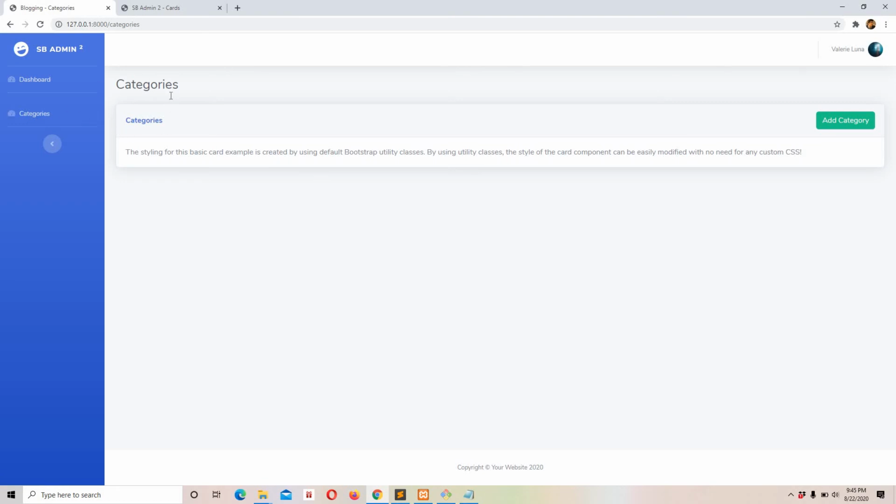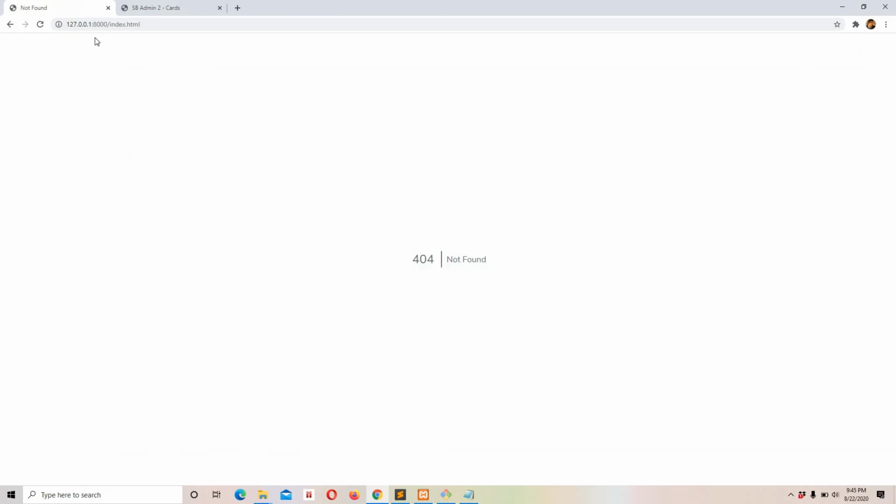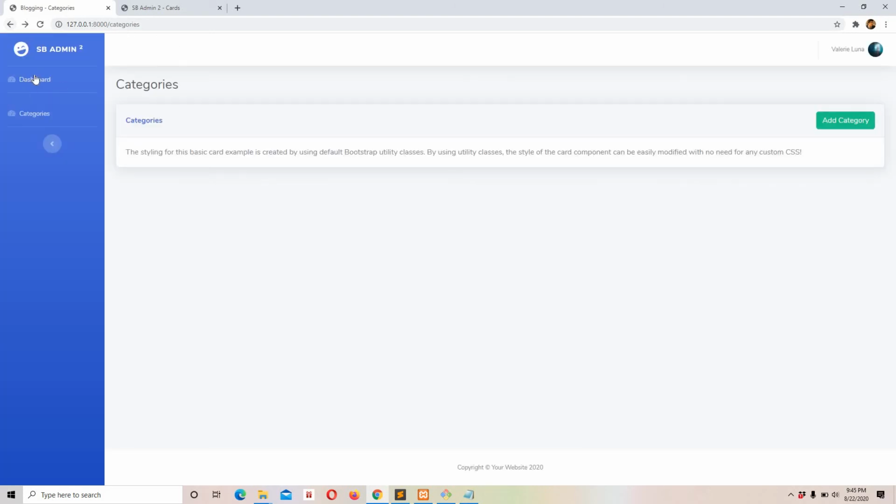Basically in this case we are going to start with the categories, but for now we first have to implement our front end, and after that we are going to change the routes after login, etc. And then we are going to implement our first functionality, that is going to be categories. Okay, so let's change these links because you can see we can't get to our pages like dashboard.